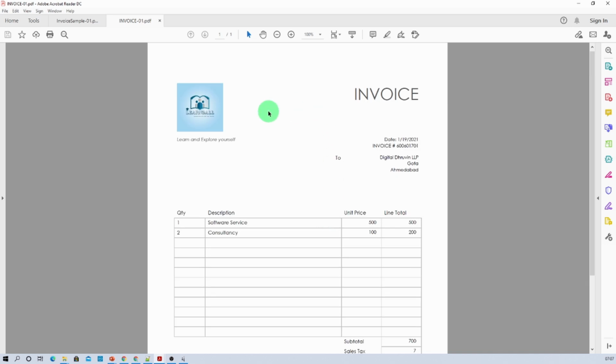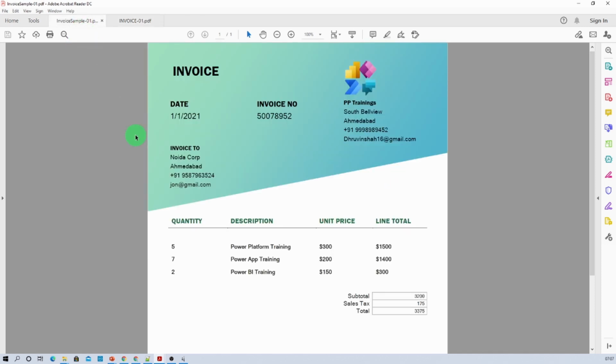Now, here you can see that both the invoices have totally different layouts and different positioning of the fields. Now, I want to process any of these forms using AI Builder. So, my AI Builder architecture should be generalized so that it can process and train any of the forms, right? So, how can we achieve that? Let's see that first step over here.